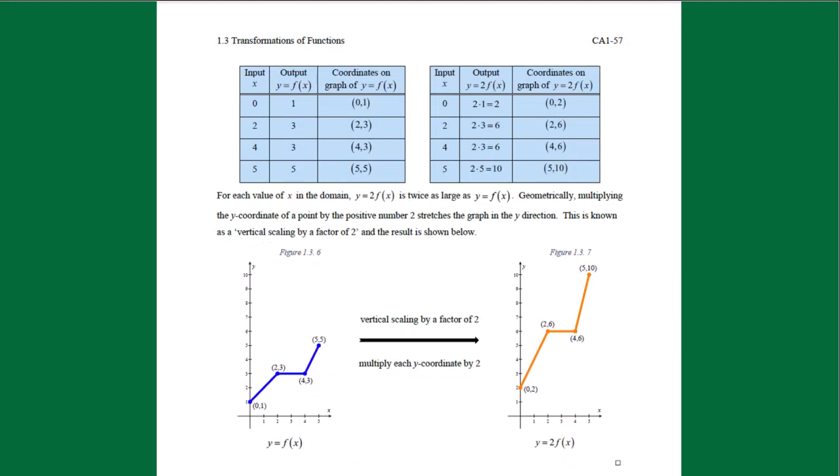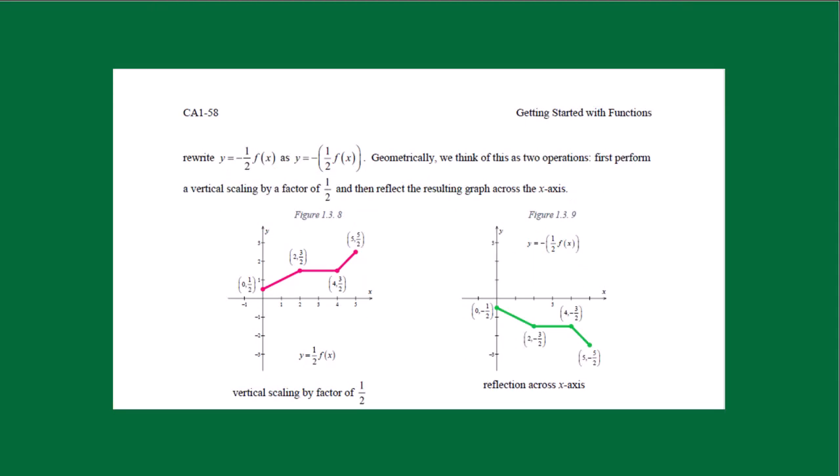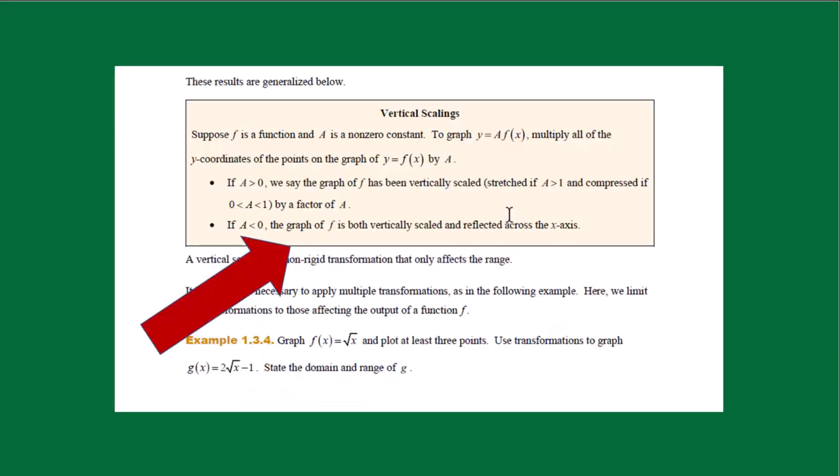It looks like we have a little bit of a stretch here, right, on that graph. And again, you're like, oh, that's a lot to read, Gunk. Oh, keep going, right? You can see, oh, we have a little bit of a reflection situation here as well. And oh, look, we have a box again in the book. They always have the box. I don't care who wrote the book. The math people were always going to have a box in there that's going to kind of summarize everything for you. So that is good stuff to kind of pay attention to.